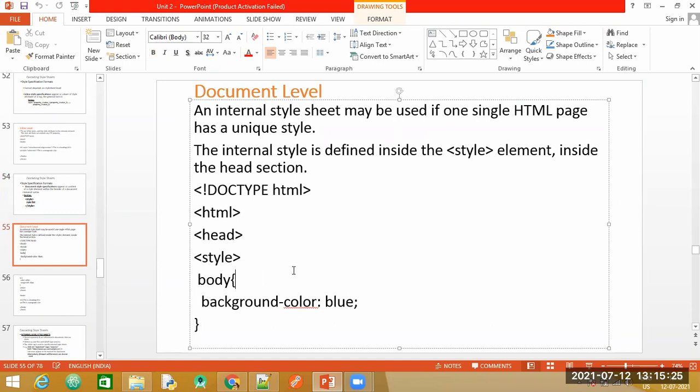Here is the start of my head section, and here I have opened the style tag. Now within this, the HTML element for which I want to apply that styling should be mentioned. This time I have specified a body tag. It could also be specified as a p tag or a q tag. Here we specify these brackets.